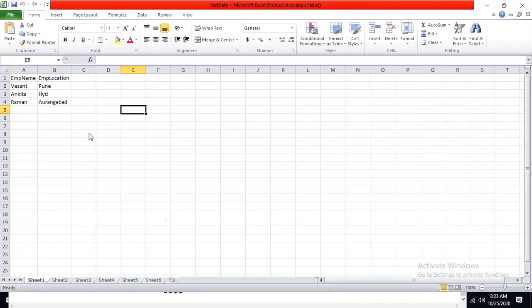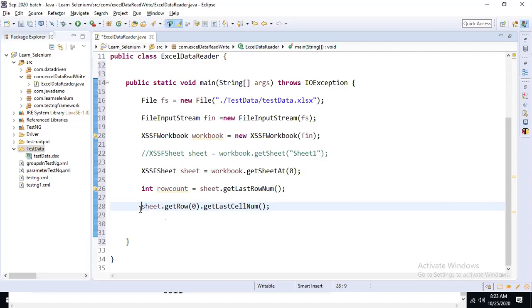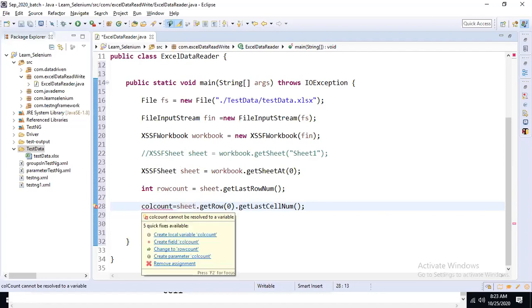You can focus on any of the rows. It will return the column count, and the return type is also integer.